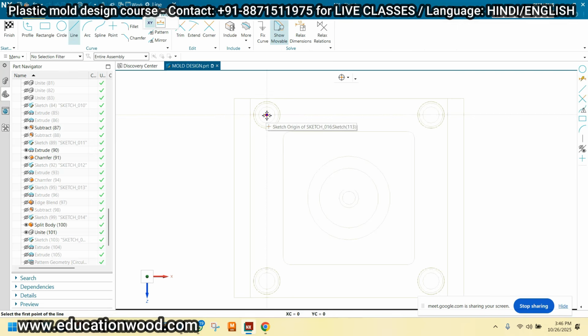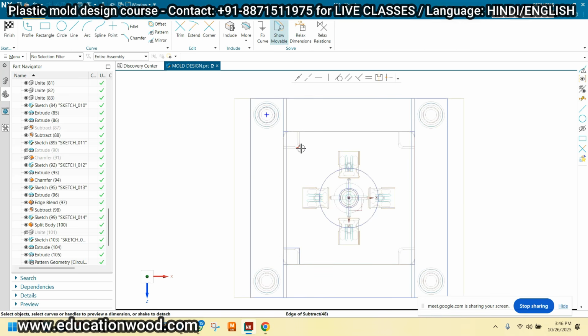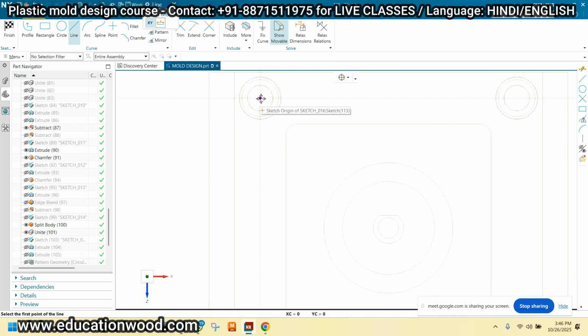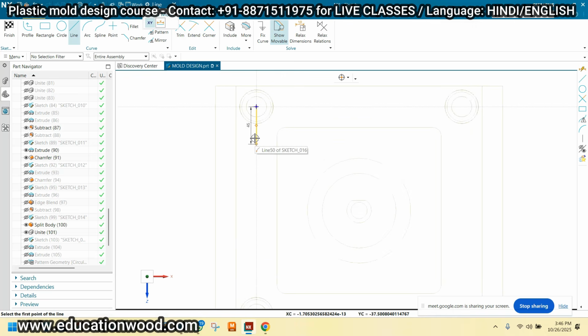Okay, here is the spacer. So I should take this bolt in this direction and distance. I'm taking 45 mm distance right now.